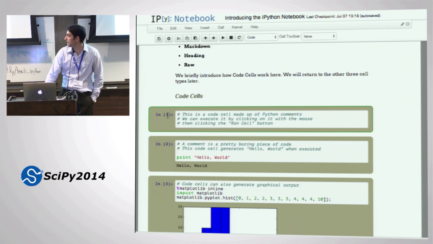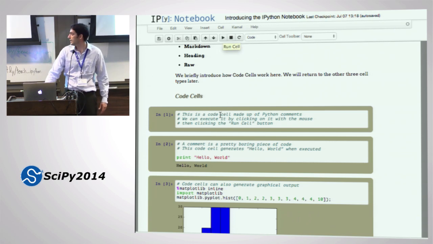There's also a small indicator over here that says that this is input, right? And then this one says that this was executed as the first instruction of the last session where this was run, and it could be the current session. And we'll get back to that in a little bit. If you want to execute this code cell, again, you select it by clicking on the cell, and you'll see that it turns green.